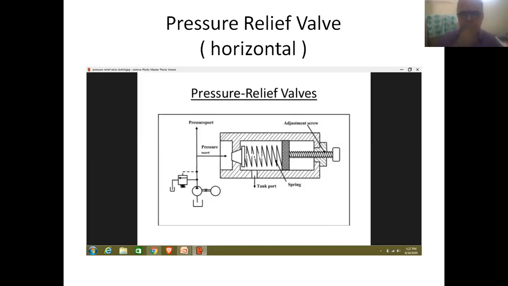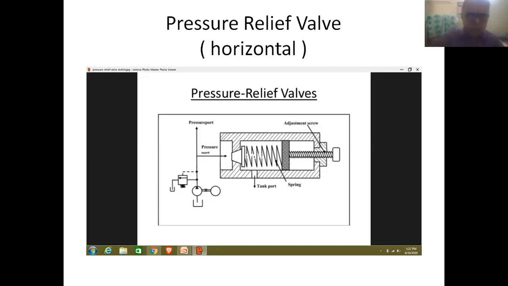So two ports are very essential for operating this valve. This inlet port is connected to the pipeline that is coming from the hydraulic pump. So it is connected to the branch pipeline that is coming from the hydraulic pump.